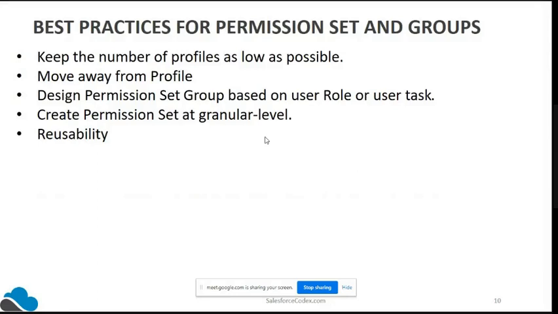At a high level, you should make fewer profiles and make a lot of permission sets as granular as possible, and make groups. These groups should be by functional module or as per the user's working role. By this, you can move away from a lot of profiles, and the admin also finds it very easy to maintain. Okay. And we are avoiding a lot of complexity.